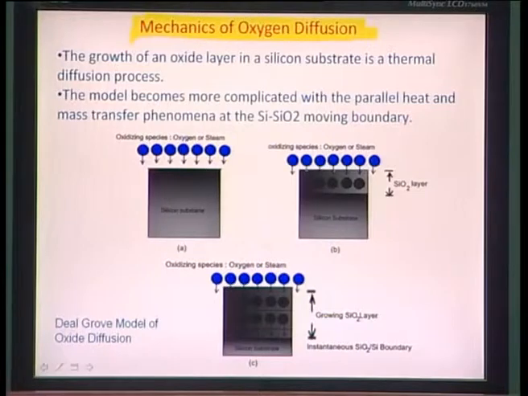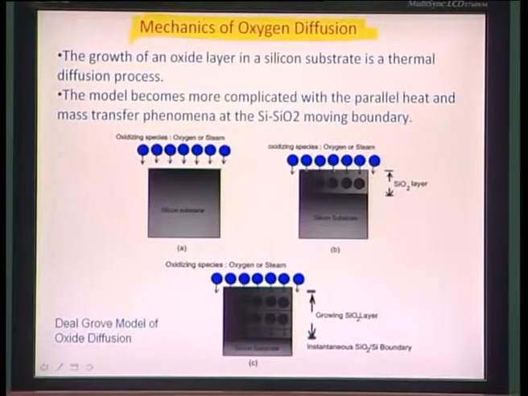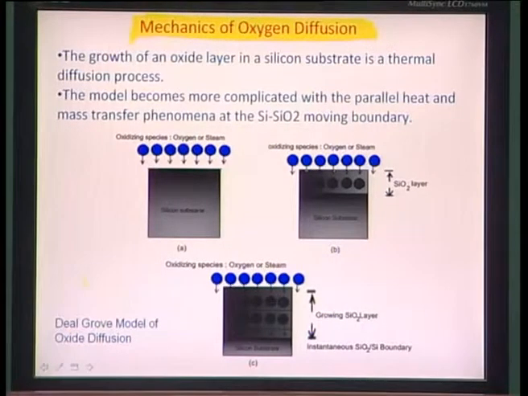Now this being a diffusion-driven process, its rate of growth is also controlled by the active concentration available at the surface, and there are a lot of models, one of them being the Deal-Grove model, which talks in detail about the diffusion kinetics. So here the growth of an oxide layer on a silicon substrate is a thermal diffusion process. The model becomes more complicated with parallel heat and mass transfer phenomena as the SiO2 boundary moves deeper into the surface. You can see here that the oxidizing species come from the oxygen of the steam,